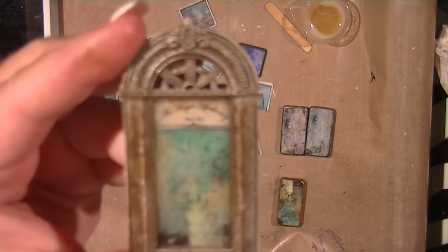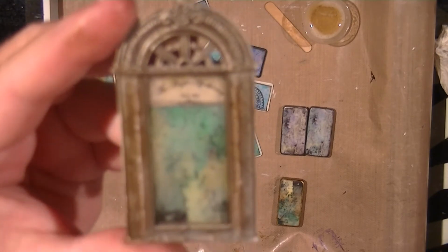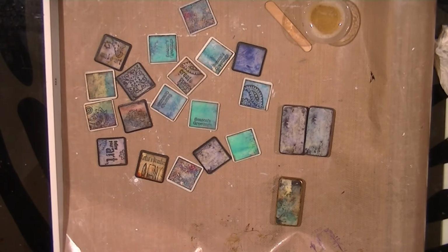And you can't see, but what's happening is those bubbles are getting blown out. The heat from your breath will knock those right out. So I'm just doing it off camera because I don't want to